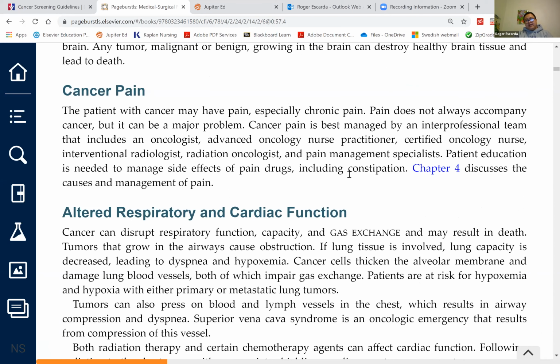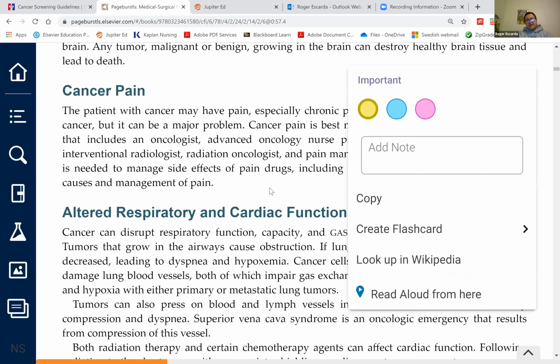Not only the pain, but the resulting complications from pain treatment, namely constipation, which is not